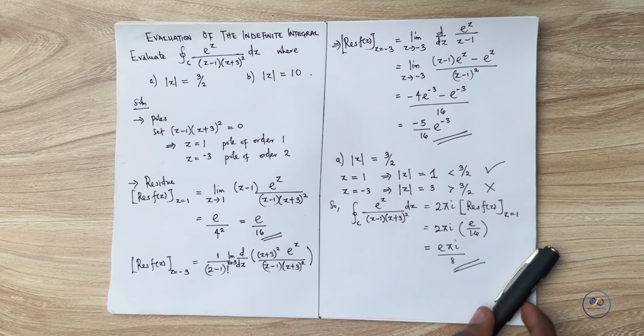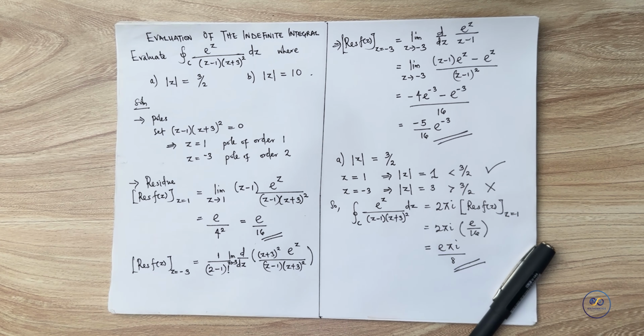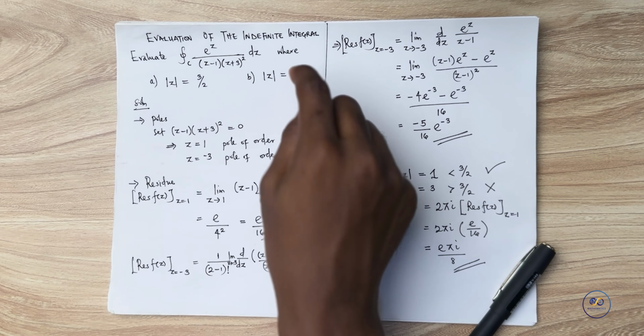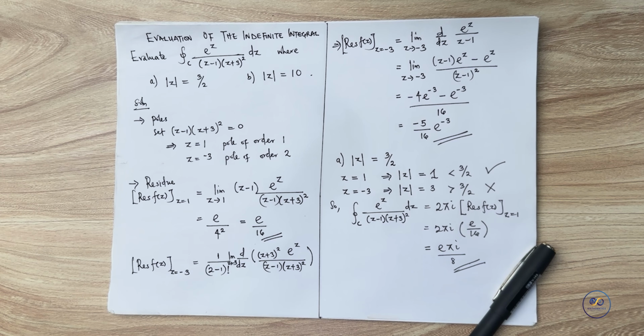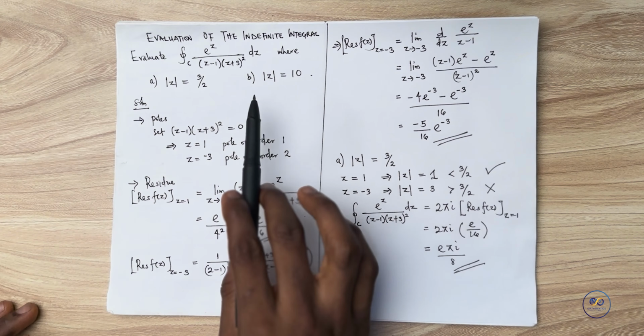So this is very, very important to note. For questions like this, it is not just enough to find the residues and then add both residues. You have to be very specific as regards what region or what contour you are considering for the question. So this solves the first part of the question. Let's move on to the B part, which I'm sure you have also started